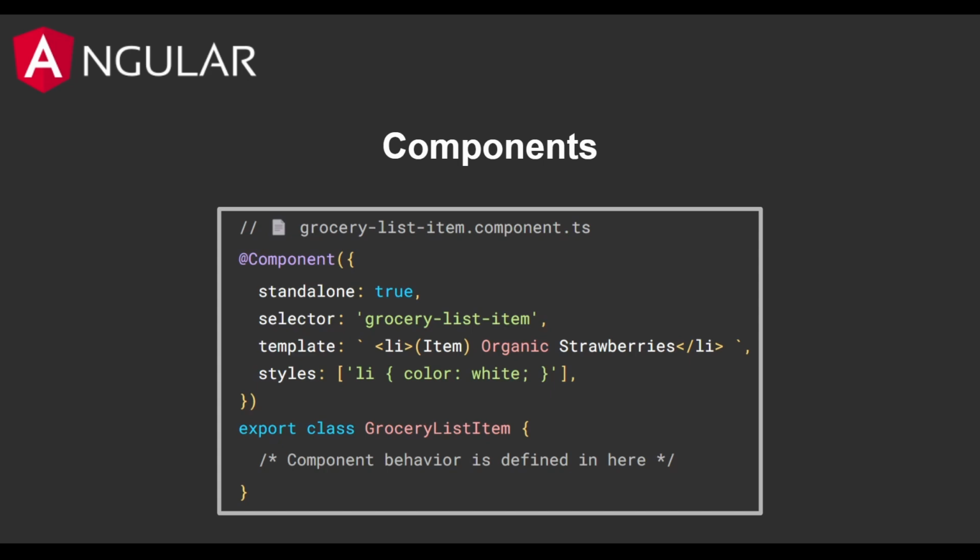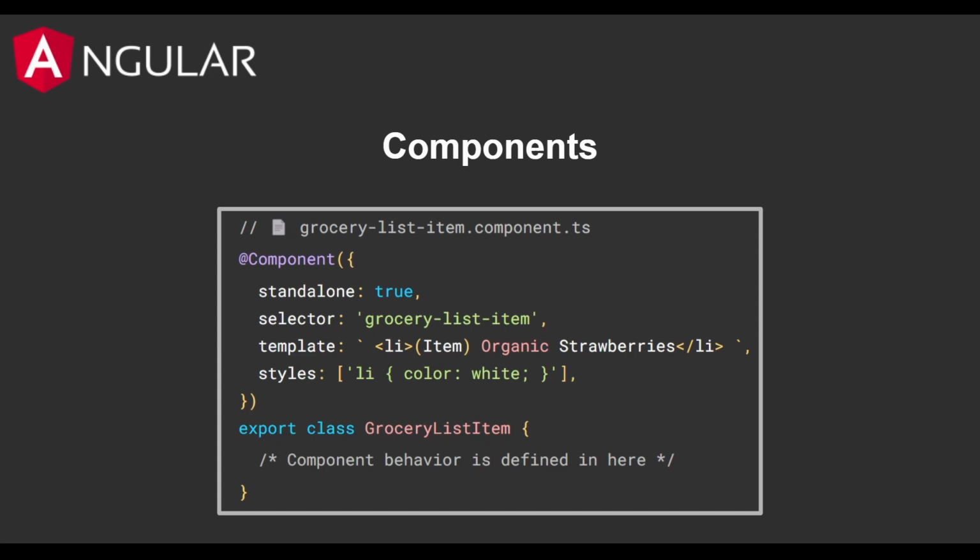An Angular component can be identified by the component suffix. Example given here is grocery-list-item.component. A decorator to define configuration options for something like a selector that defines what the tag name is when referring